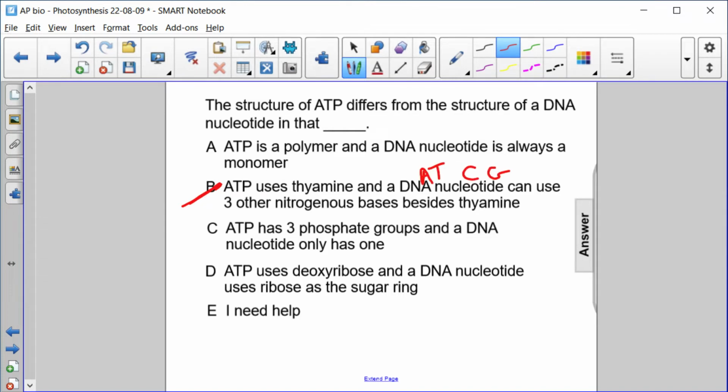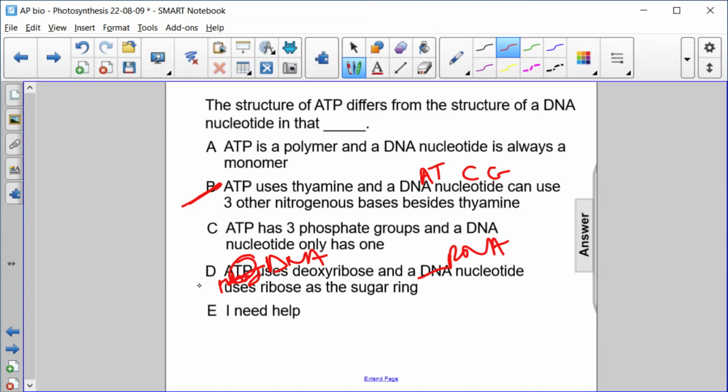Okay. ATP has 3 phosphate groups, and a DNA nucleotide only has 1. And ATP uses deoxyribose, and a DNA nucleotide uses ribose. So, of course, this is also not true. DNA uses deoxyribose, and RNA uses ribose. Also, ATP uses ribose. Remember that